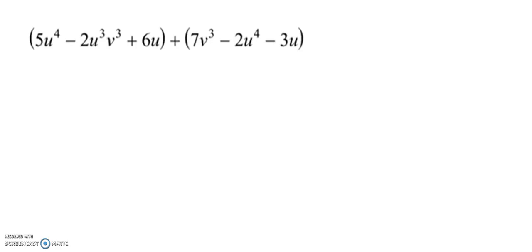Alright, here are a few examples on 7-7, which is adding and subtracting polynomials, also known as combining like terms, and it's something that we've worked with in the past when we were talking about the distributive property. And you may see some distributive property as you work through some of these, but it all follows exactly like I'll show you. So first of all, polynomials just means many terms basically,